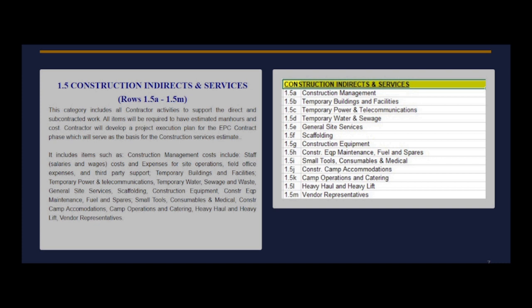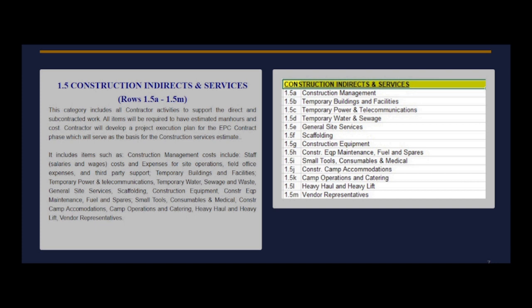It includes items such as construction management costs, which include staff costs and expenses for site operations, field office expenses, and third-party support, temporary buildings and facilities, temporary power and telecommunications, temporary water, sewage and waste, general site services, scaffolding, construction equipment